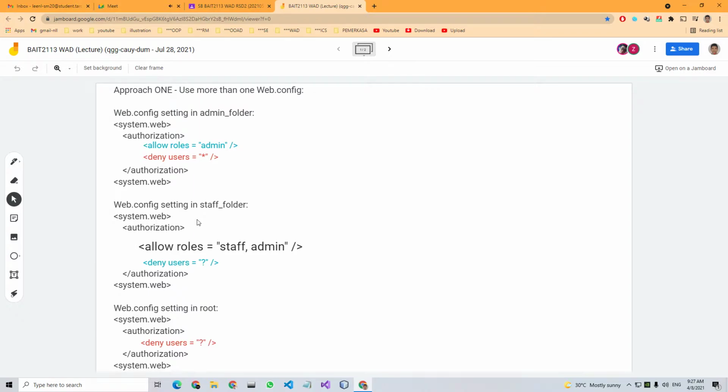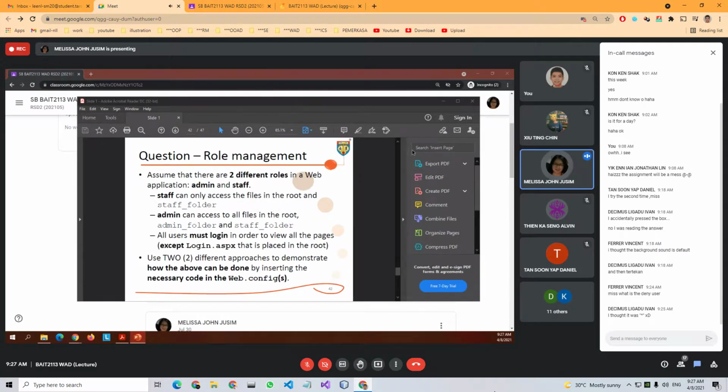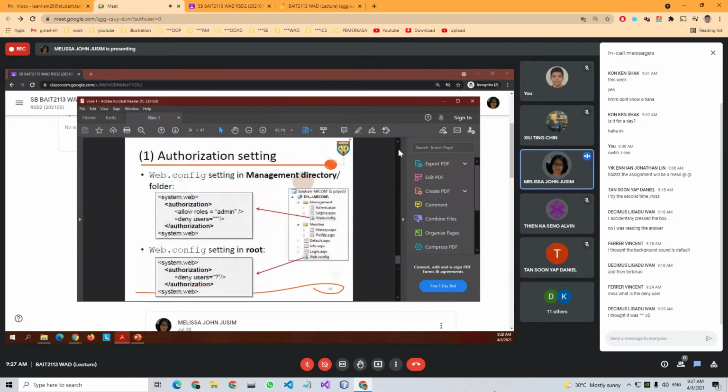Okay, so there should be two approaches. Okay, the first here use two different approaches. So the first approach is by separating the setting for each of the folders. Do the setting in the root's web config, and then another setting in this case the staff folder, right?